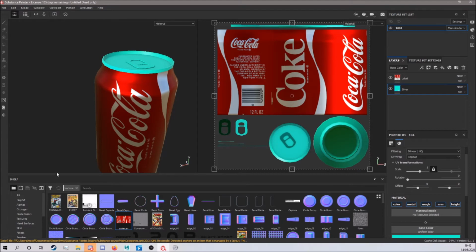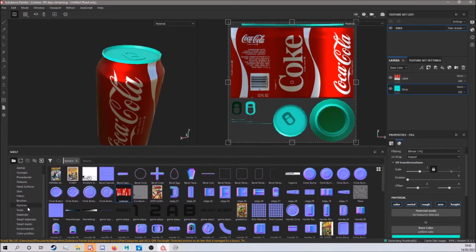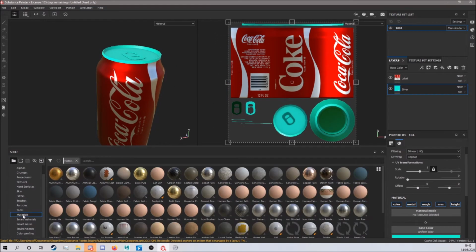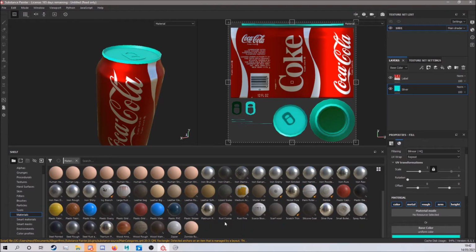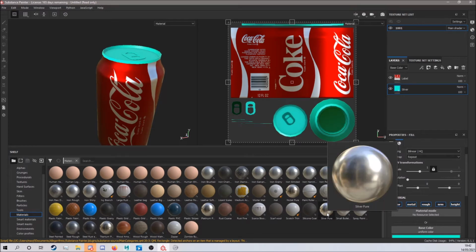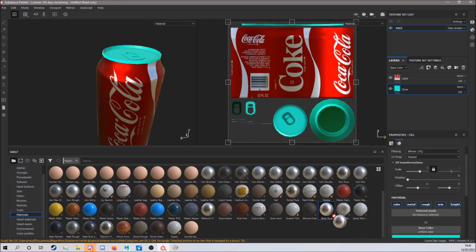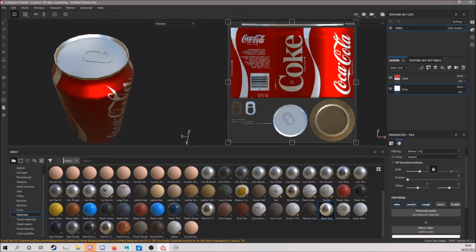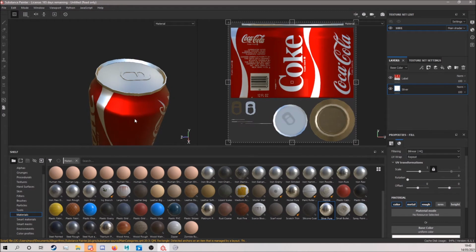So I'm going to scroll down in your shelf here to where it says materials, and then we'll just find a material for this. So maybe silver pure could possibly use. We could drag this into material mode here, and you see it's already looking a bit more like a Coke can,